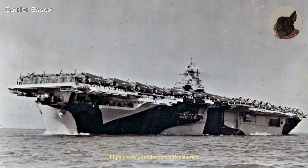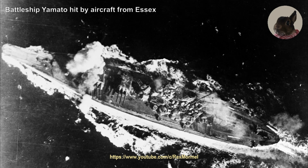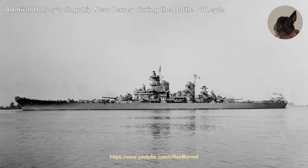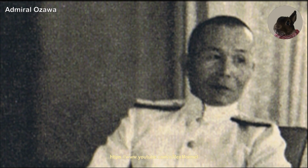Kurita reversed course and made Admiral Halsey believe that his center force was turned back. While Halsey retreated his 4 fast battleships off Sama to go after a decoy fleet under Admiral Ozawa, the center force reversed course again toward Leyte during the evening. Early in the morning, the center force found and engaged 6 escort carriers, 3 destroyers, and 4 destroyer escorts off